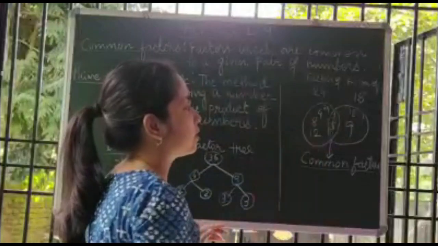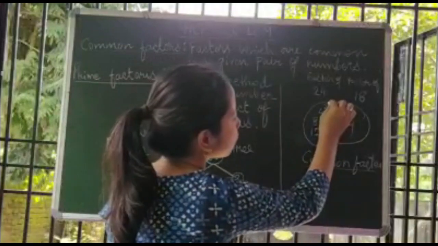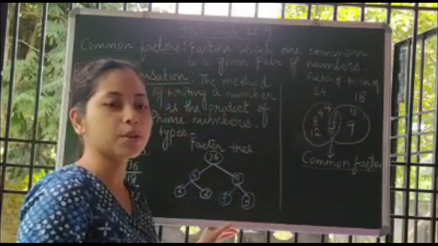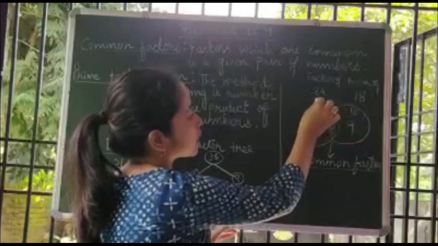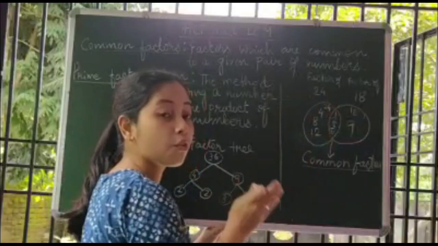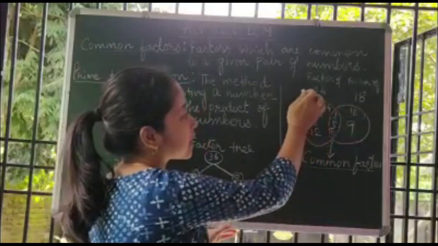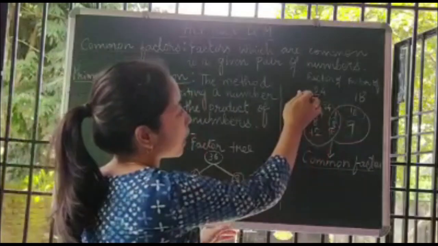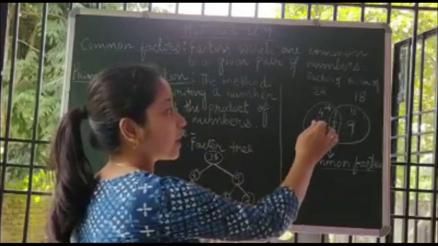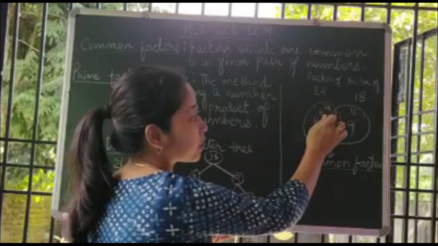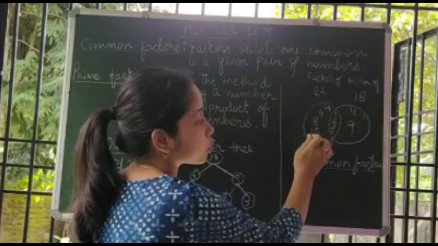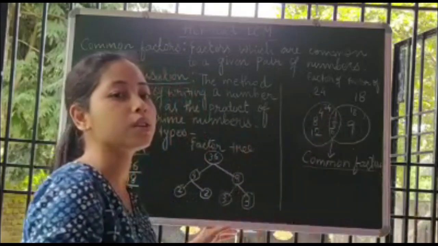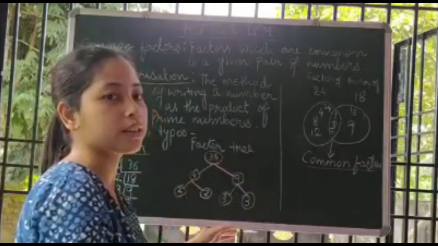So let us see other numbers. I have written here 24. Is 24 a factor of 24 or not? Yes, because 24 times 1 is 24. Again, is 4 a factor of 24 or not? Yes, because 4 times 6 is 24. Again, is 8 a factor of 24 or not? Yes, because 8 times 3 is 24. Again, is 12 a factor of 24 or not? Previously we have seen 2 is a factor: 2 times 12 is 24, so 12 times 2 is 24 also. So every factor we have to write. We need not write only one side factor. Every factor we have to write.